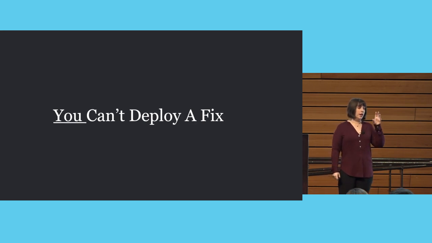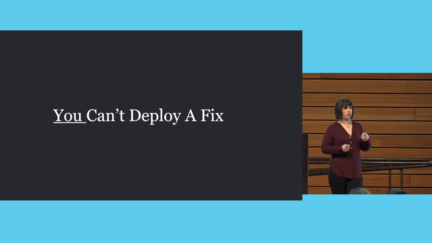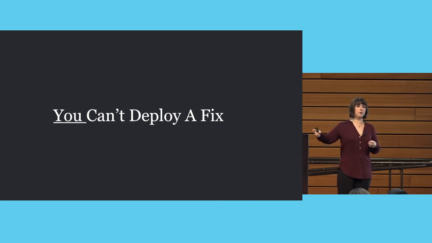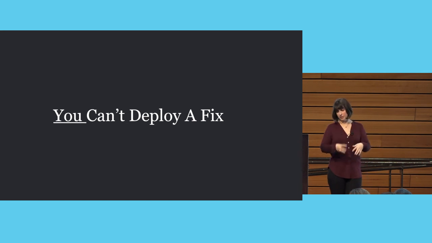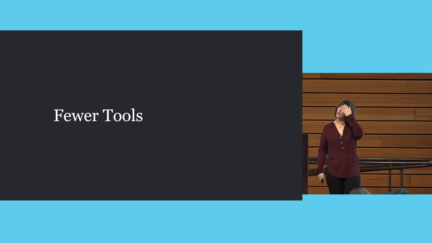But most importantly, a system or a dependency is external if you cannot deploy a fix. Like if you yourself as a person cannot deploy a fix. Even if it's the person that sits two desks over from you on a different team, if you can't see their logs and you can't deploy a fix, it's still external because they have a different set of priorities than you do. So they might be in the middle of a different issue, so they might not be able to help you. So you have to figure out what you can do in your little bubble to have a resilient system in the case that there's something external.